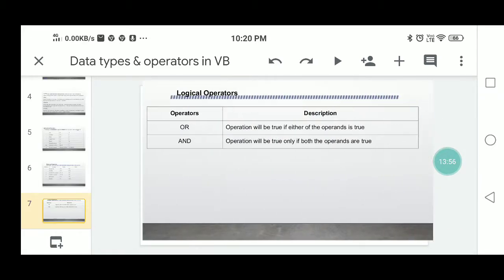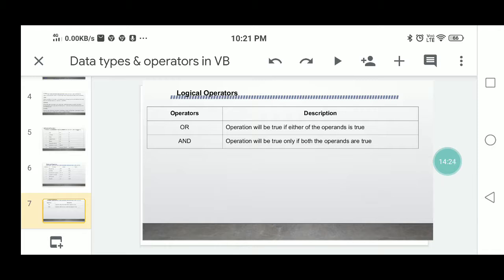Next, the logical operators. Between two decision making conditions you use the OR operator, and the operation is true if either of the operands is true. Then the AND operator between two conditions: the operation is true only if both the operands are true.